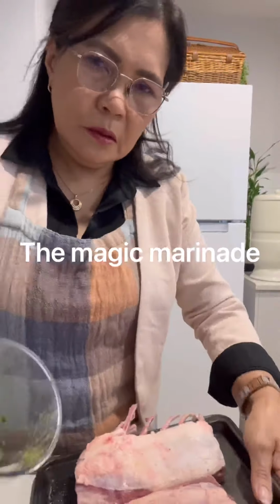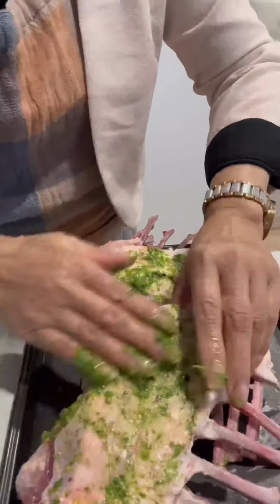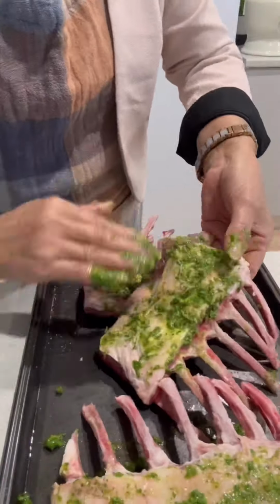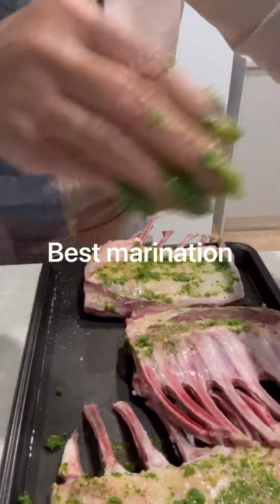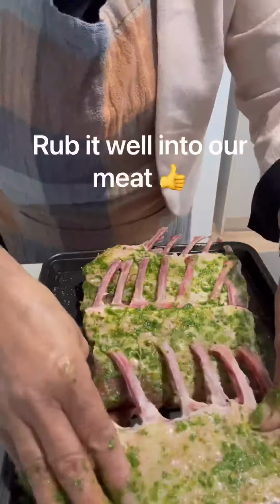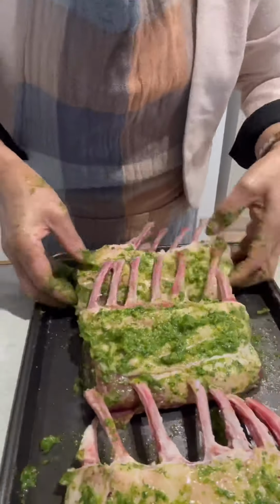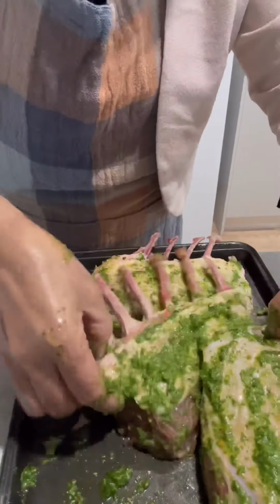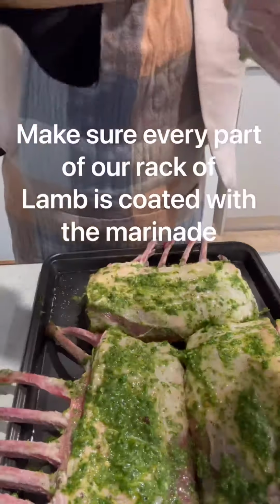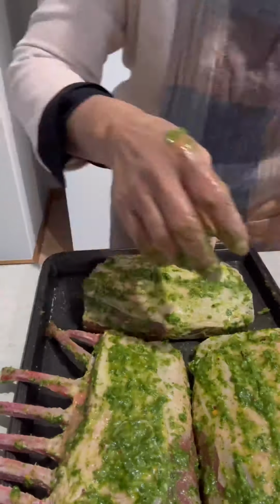And when I got everything into a paste, I make sure that this is a really very important process, and all that marination goes into all your meat from the back to the bones and everything. And this parsley and garlic marination is the best on this sort of meat, and this is for 6 people, guys. So what I do is I make sure it's evenly rubbed with this marination before we put them